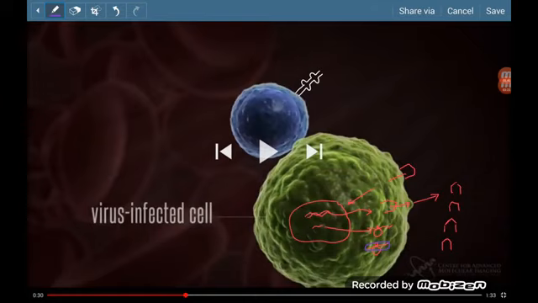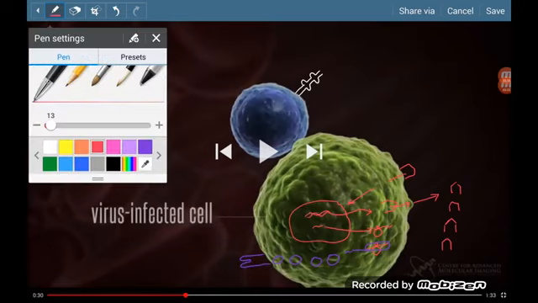It will then, using endoplasmic reticulum and Golgi apparatus, package them up, put them into vesicles with MHC1, and the vesicles will exocytose and express MHC1 plus